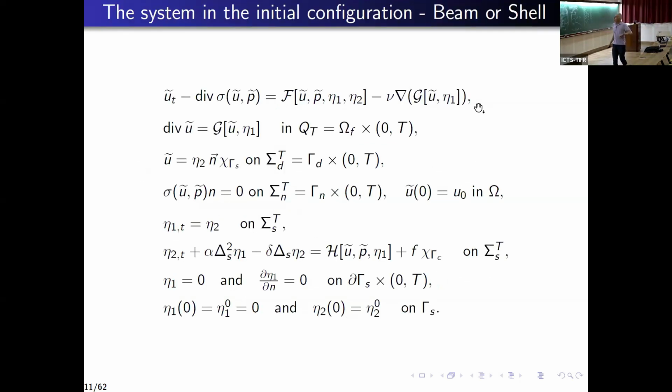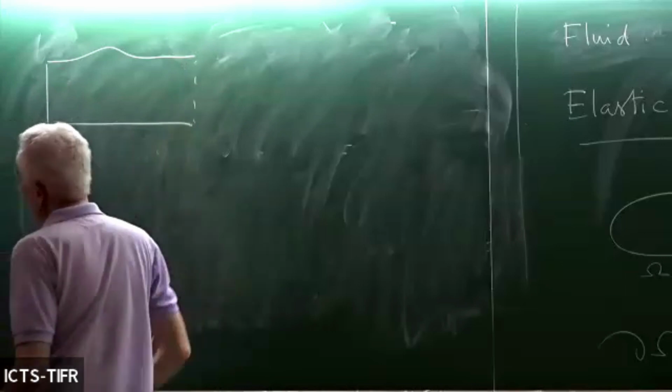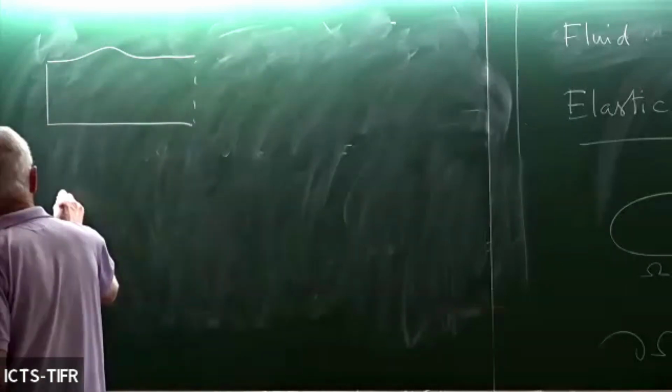Okay. So now I want to prove some existence result for a fluid structure model. To obtain this result, I use a particular situation in which I have a beam located on the upper part, and so the equation for the beam